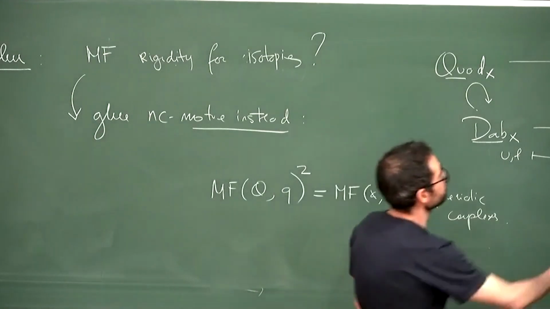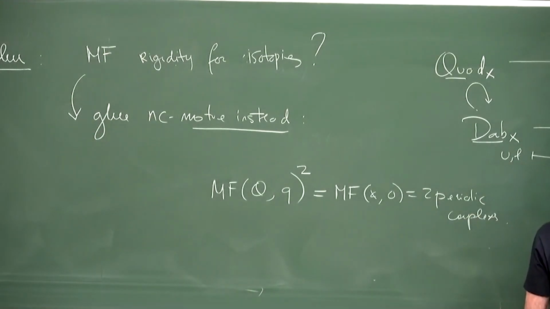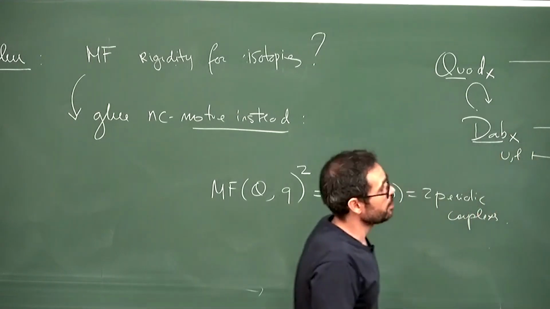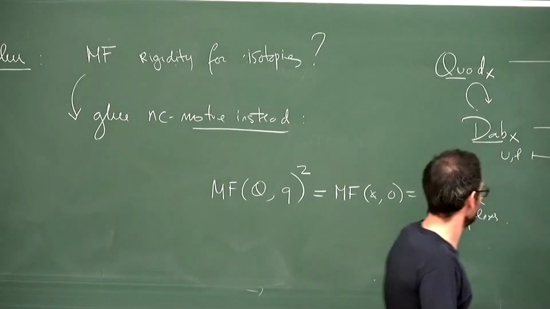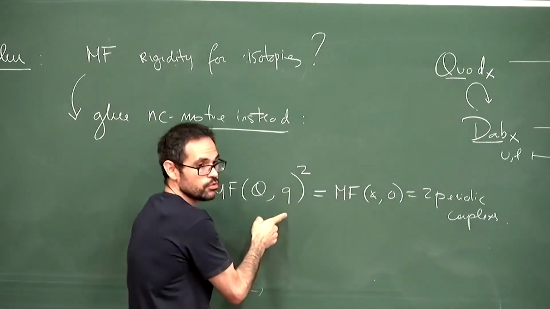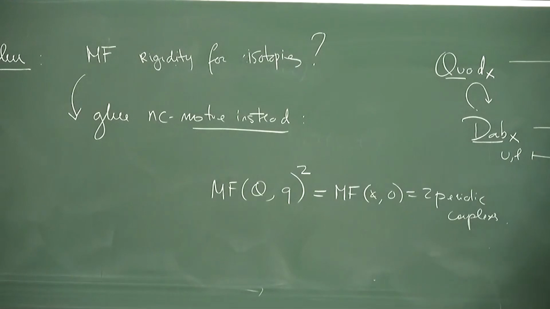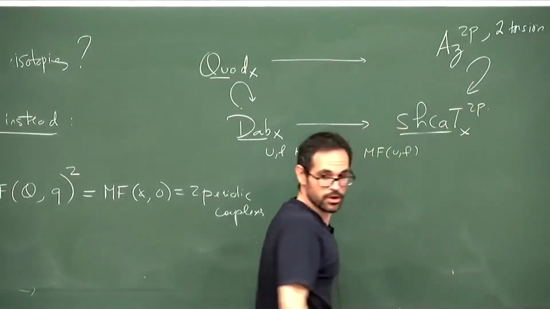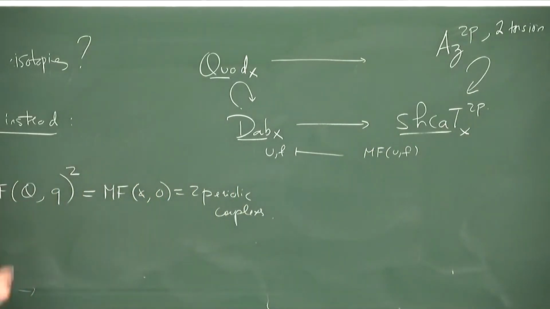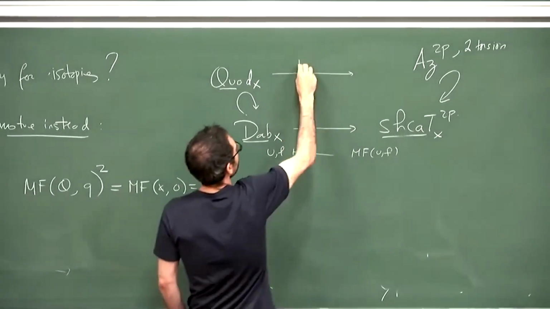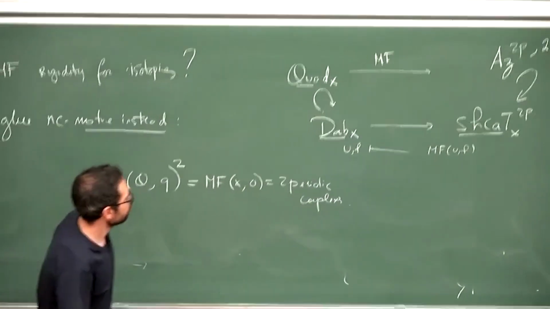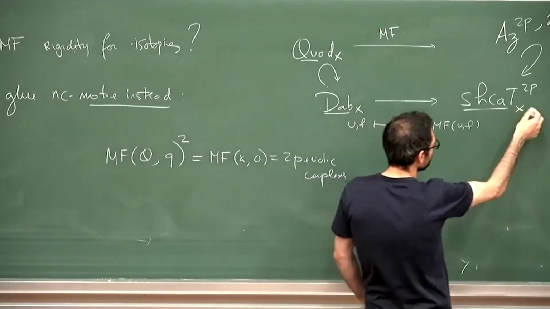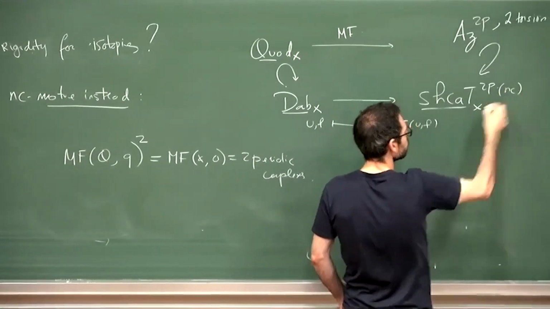So MF of a quadratic bundle is always Azumaya. These categories are 2 periodic, so these are 2 periodic Azumaya. But there is this extra 2 torsion. That's the clue I should finish. What is really going on behind the scenes now is that you have to descend these to motives. Let's say we descend these to non-commutative motives.